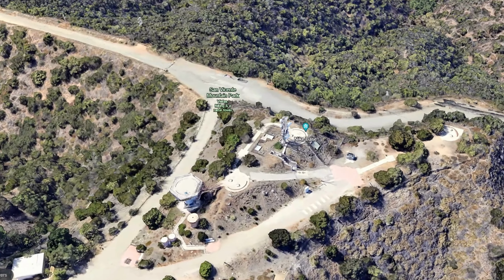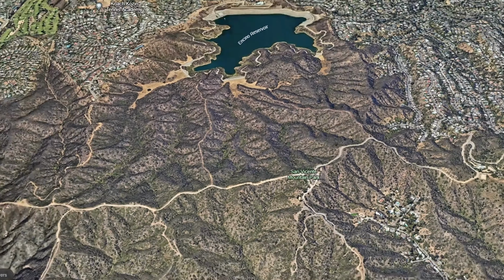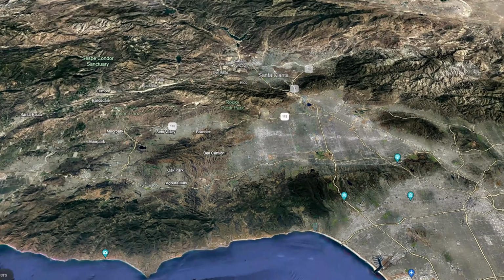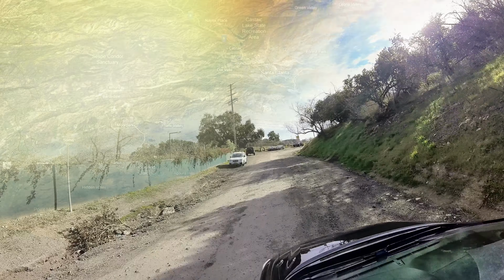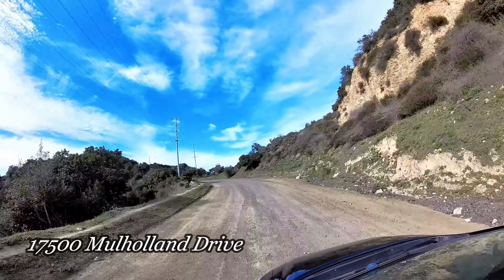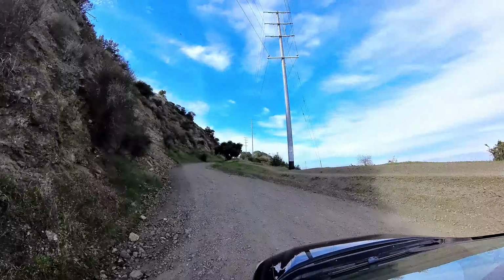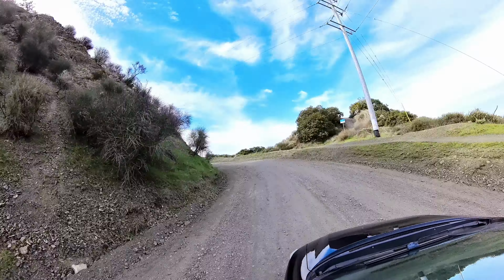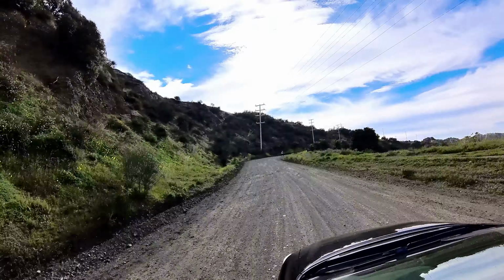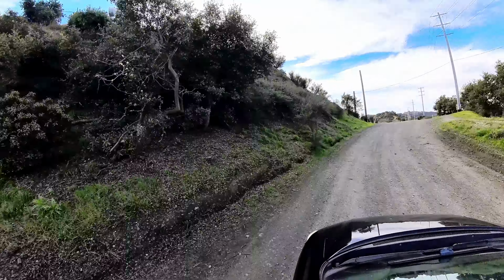Right now we're located 5 miles north from Santa Monica, 2 miles south from Encino, and also 10 miles away from the beautiful Calabasas. This road is located on Mulholland Drive, at 17500 Mulholland Drive in LA, 1 mile west from Encino Hills Drive. You turn left and travel to San Vicente Point Mountain Park. Don't be scared, it's going to be the only dirt road around, until you hit the end of the